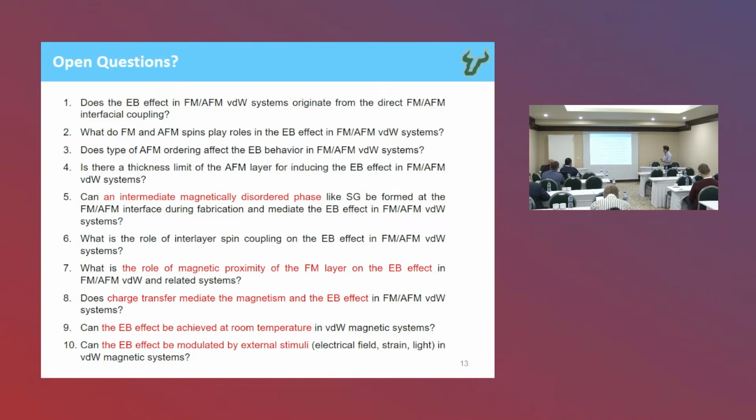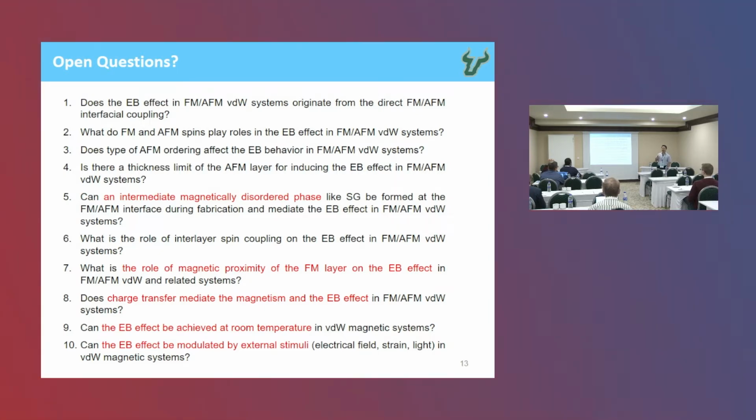With all of the inconsistent reports and observations, it has led to a number of important and open questions, which I cannot discuss everything today, but I will highlight some of the important questions that we may want to discuss, and hopefully through this review we will be able to identify some problems and try to solve them. Furthermore, we wanted to see whether we can identify the intermediate magnetically disordered